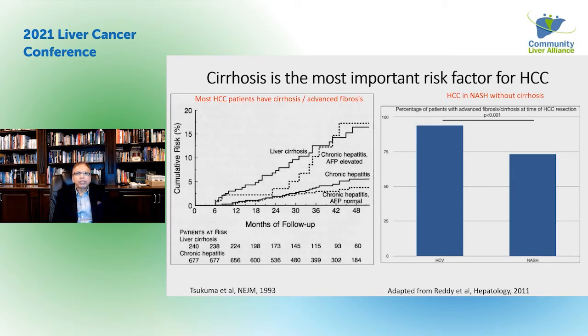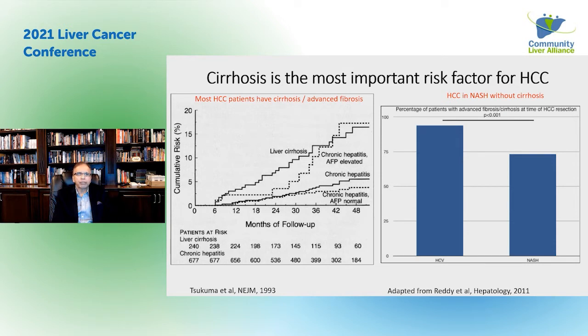Cirrhosis is the most important risk factor for HCC. So if you look at the figure on the left, and you see these trend lines indicating cumulative risk with months of follow-up. So with time, the cumulative risk of development of HCC is highest in patients with cirrhosis. In this particular study, there was a combination of those with cirrhosis and elevated alpha-fetoprotein level were